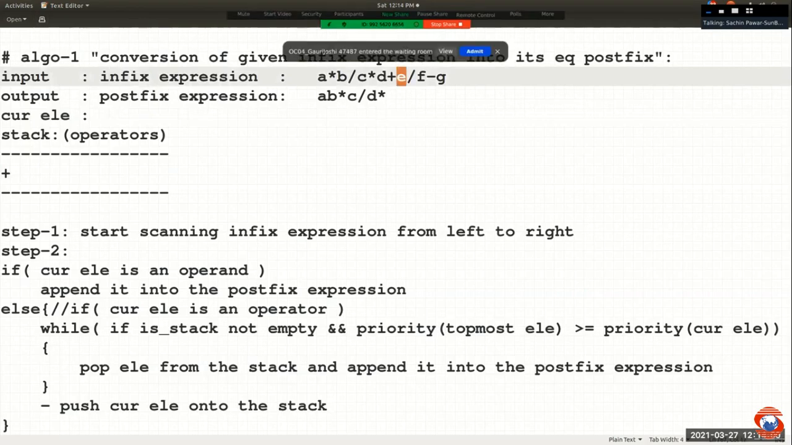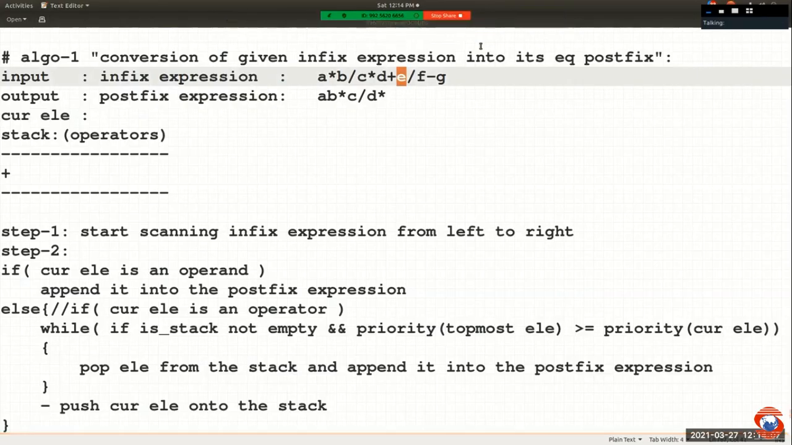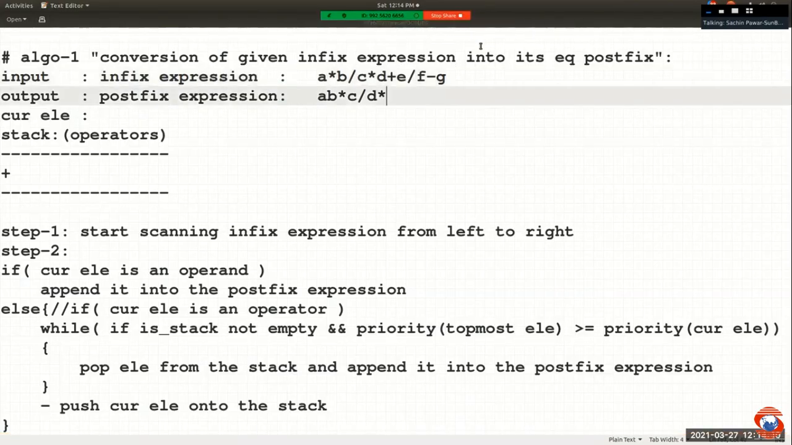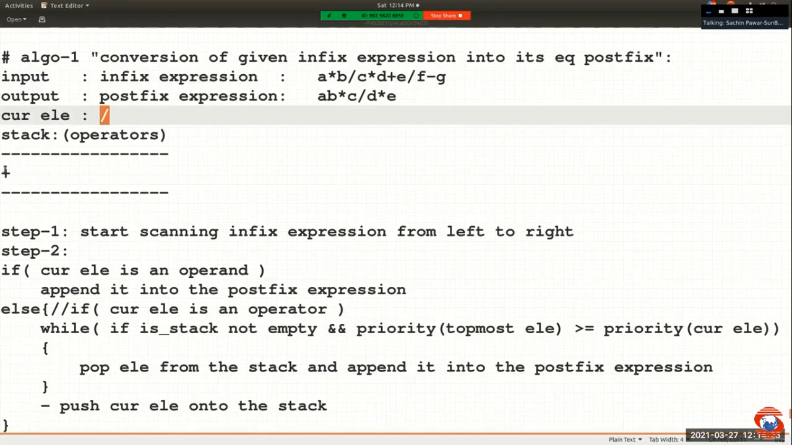Then after plus, what is there? After plus, E is there. What is E? Operand or operator? E is an operand, right? And hence we're going to append it into postfix expression. Read next. Division operator. So if current element is an operator, then check if stack is empty. No, stack is not empty. If stack is not empty, then check